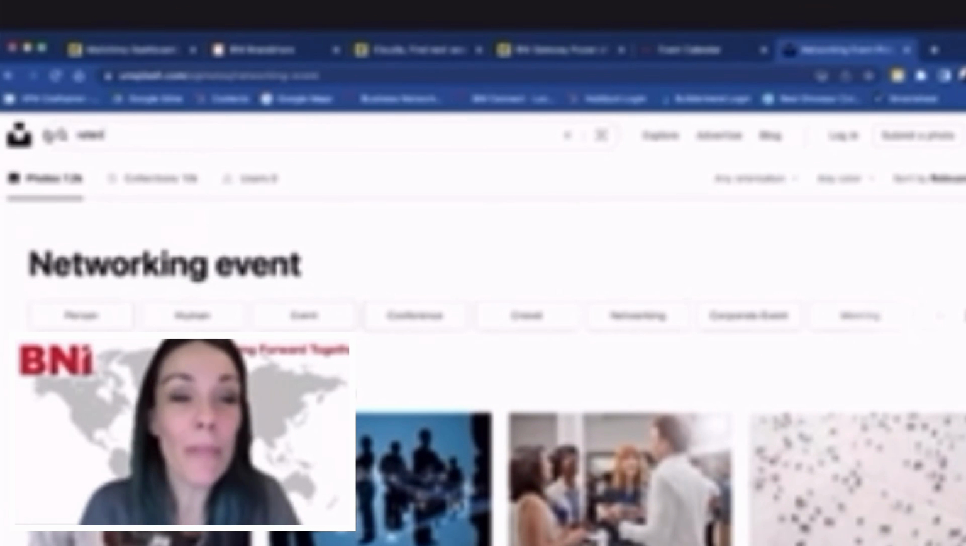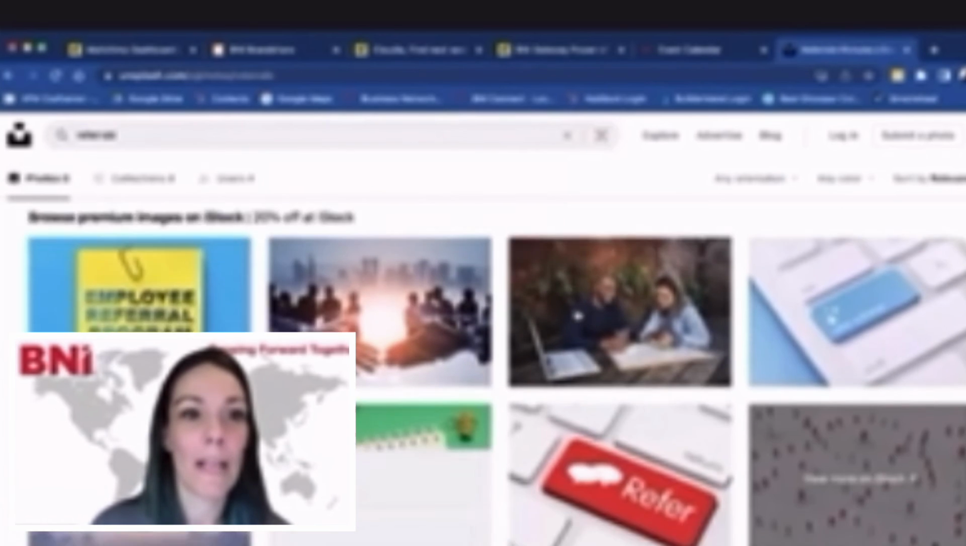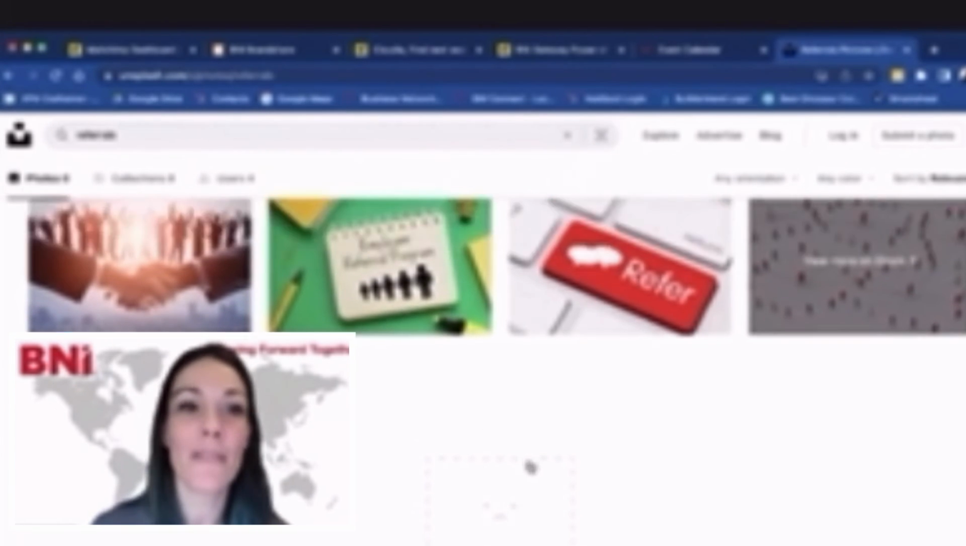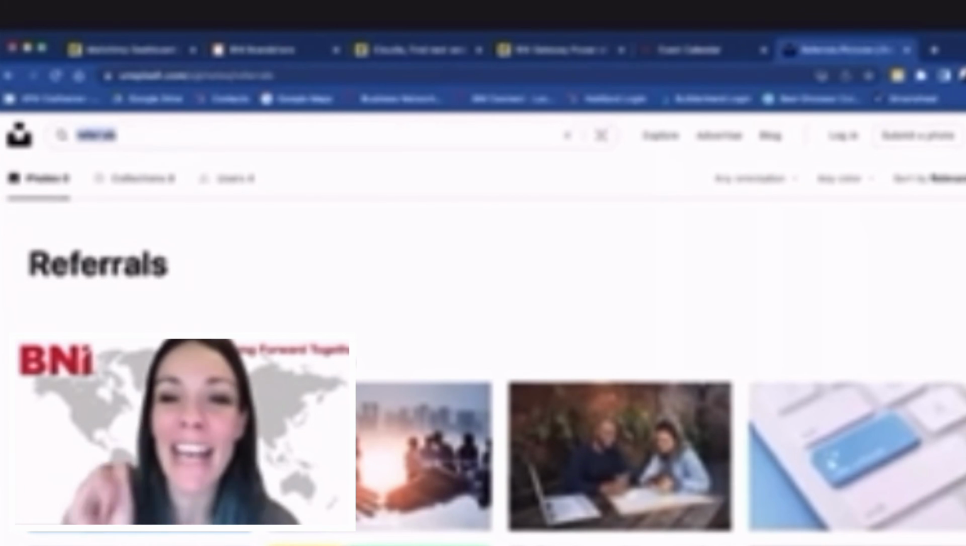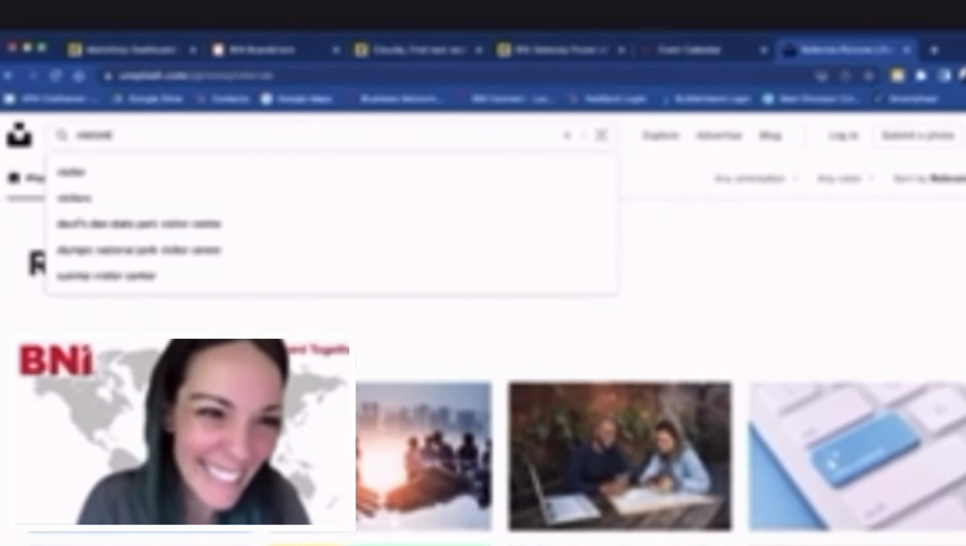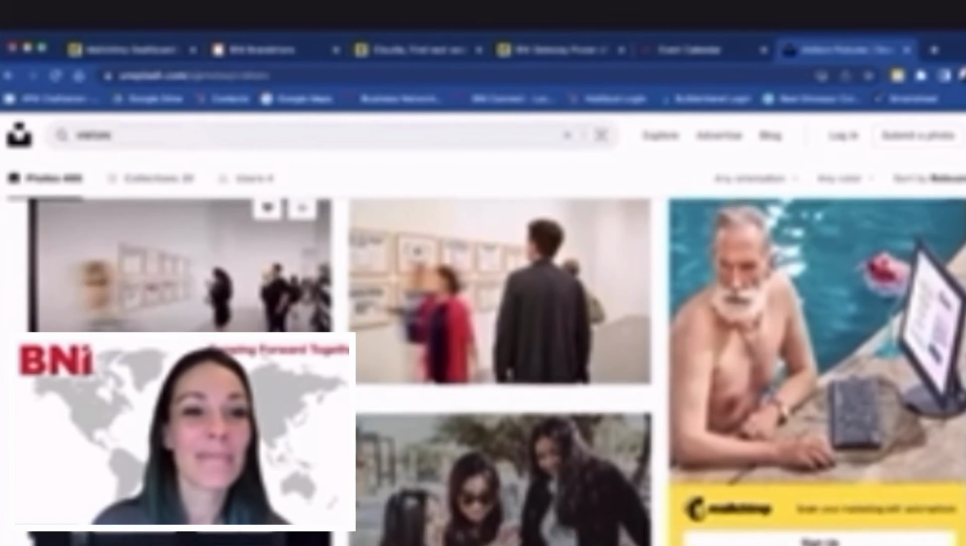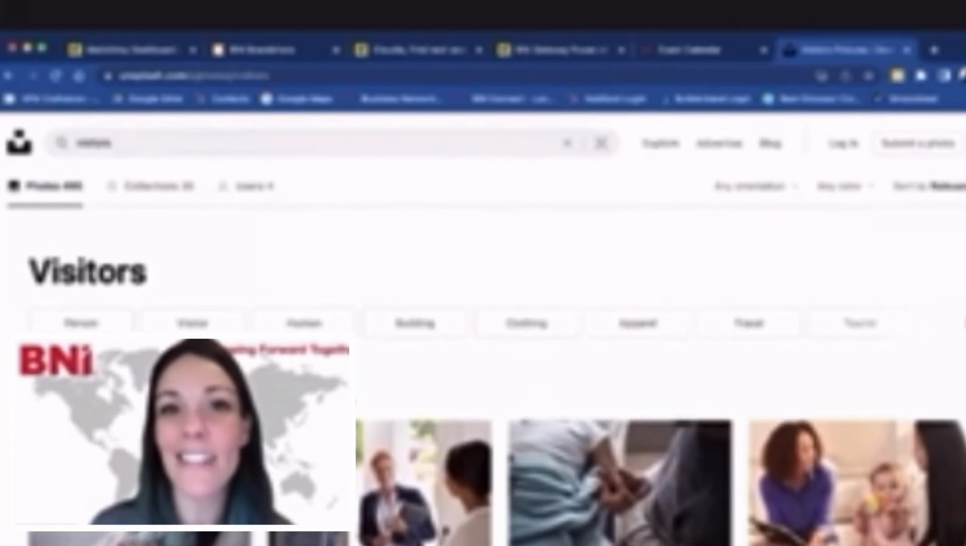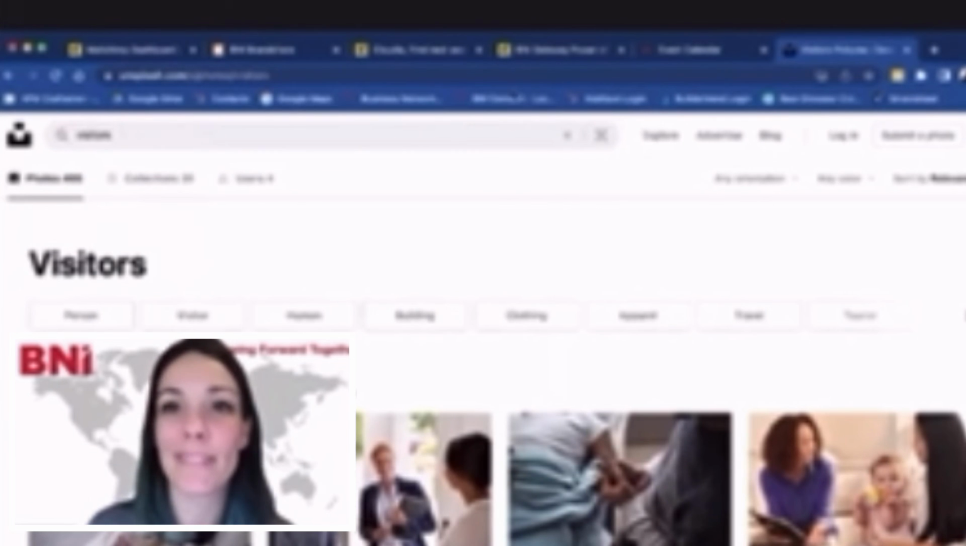You can type in anything. I mean, referrals. Okay, ignore the iStock. Oh my gosh. Okay, referrals. You can type in anything except referrals. Visitors. You know, there's a ton of images, and it's a really great website. So unsplash.com is where I get most of my pictures. You need that. And then remember BNI